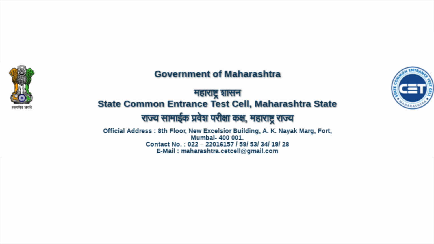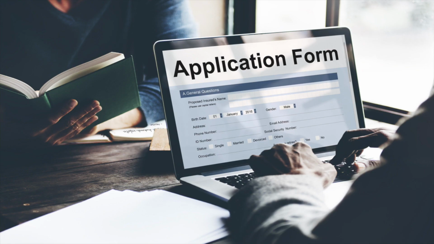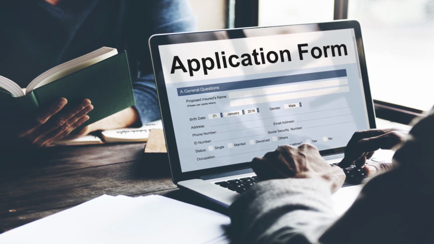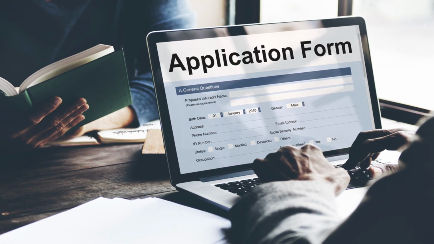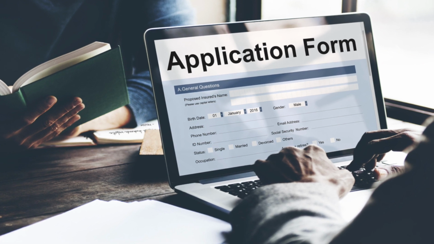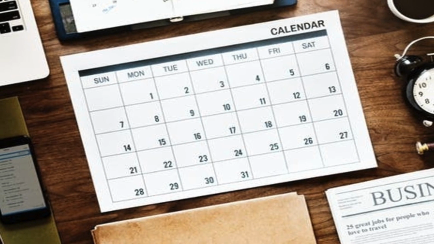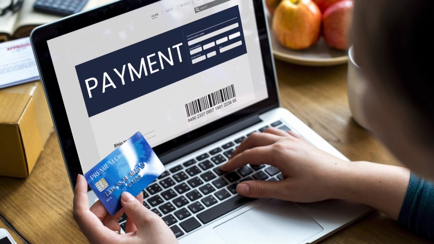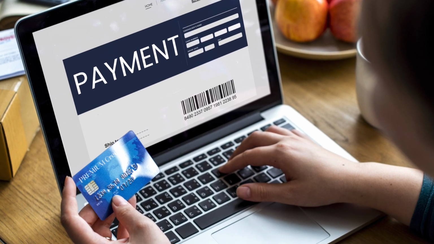Hey viewers, in this video, we will learn how to fill the MAHA CET Law 2019 application form. The State Common Entrance Test Cell, Maharashtra, announced the application form for admissions to the 5-year Integrated Law Program on January 28, 2019. The mode of the application process is online and the last date to submit the form is